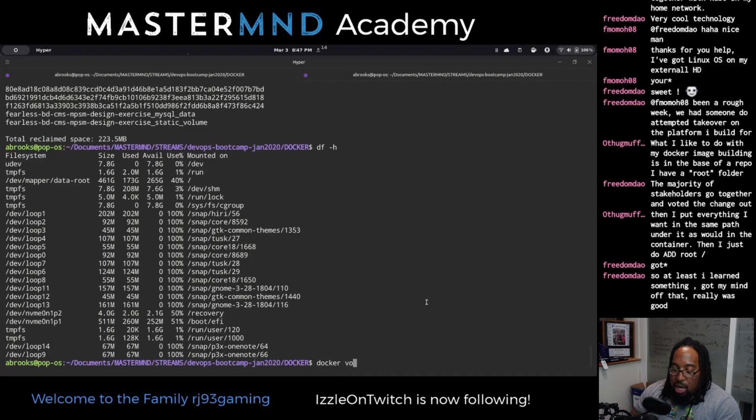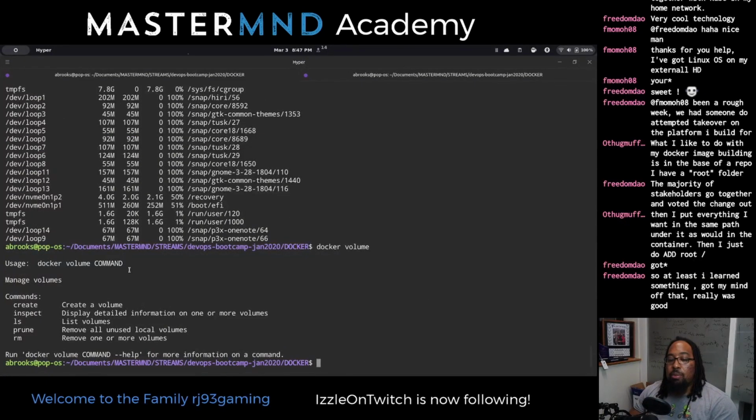So how do we create a volume? There are things you can do when you run a command to create a volume, but the way that you create a volume is with the volume create command. So I can do docker volume create, and I'll just call this one stream volume.